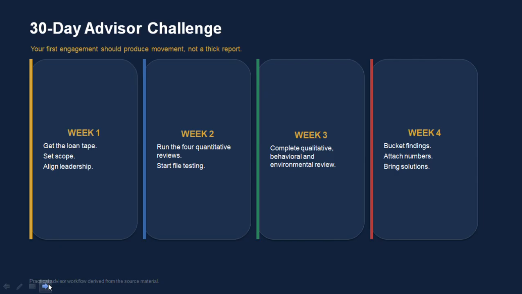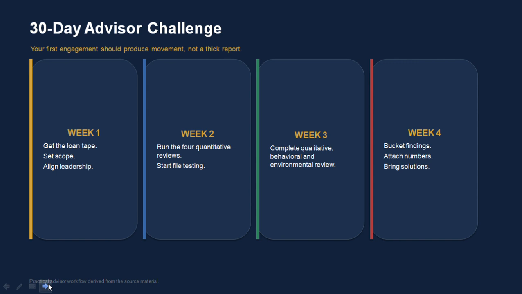In the first week, get the loan tape, set a scope, and align leadership from the beginning. In the second week, run the 4 quantitative reviews and start file testing to find the hidden things management is interested in. And in the third week, complete